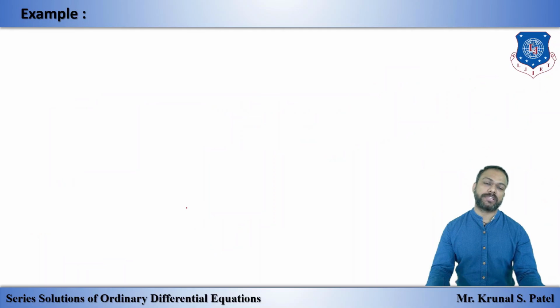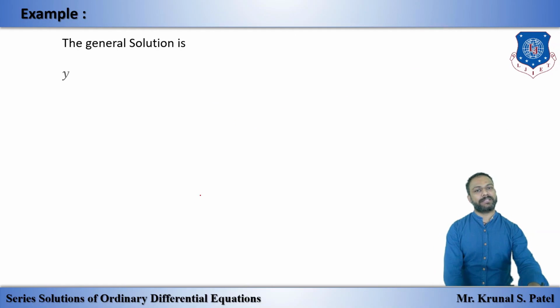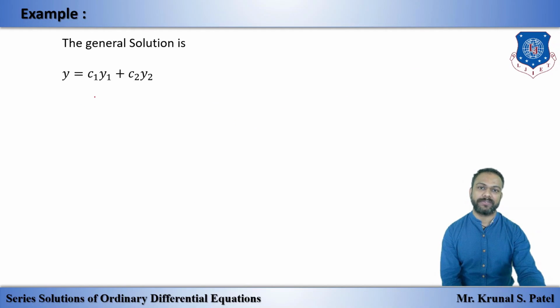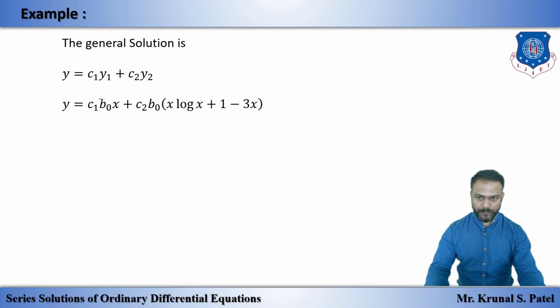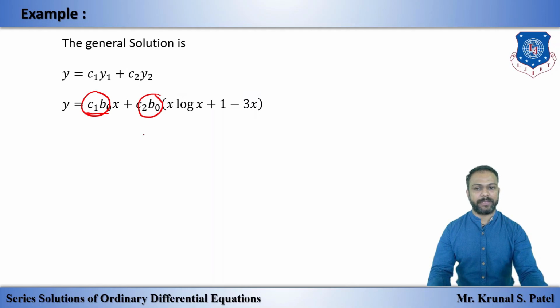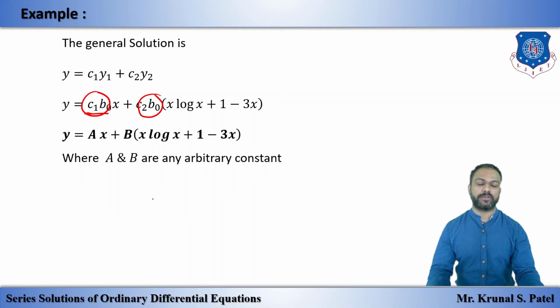After the first solution and second solution, we have the same concept, the general solution y is equal to c1 y1 plus c2 y2. So this is our solution. We consider this capital A, this is our capital B. This is our general solution. Okay, and we can say that A is this and B is this.